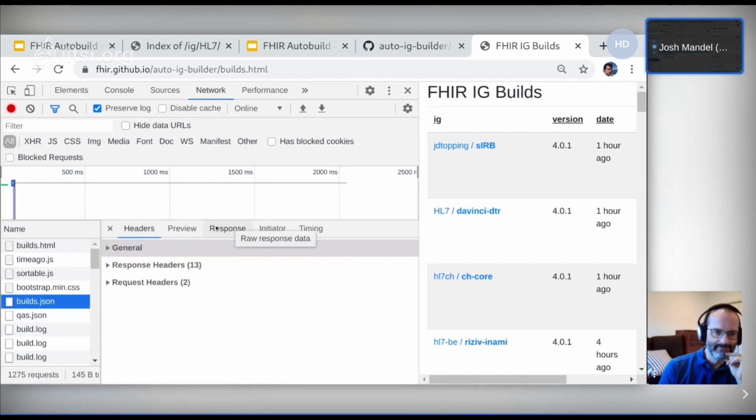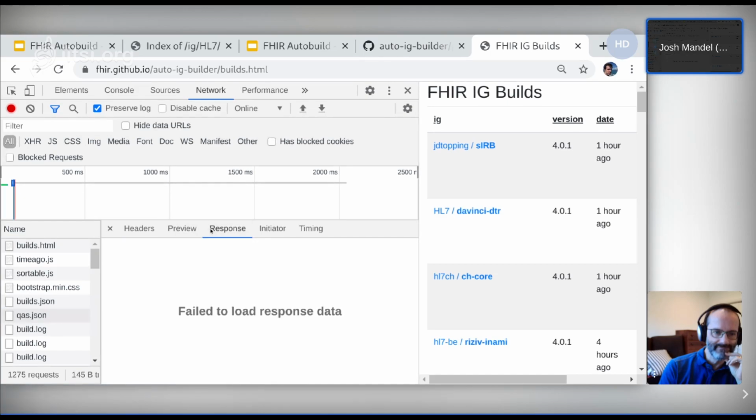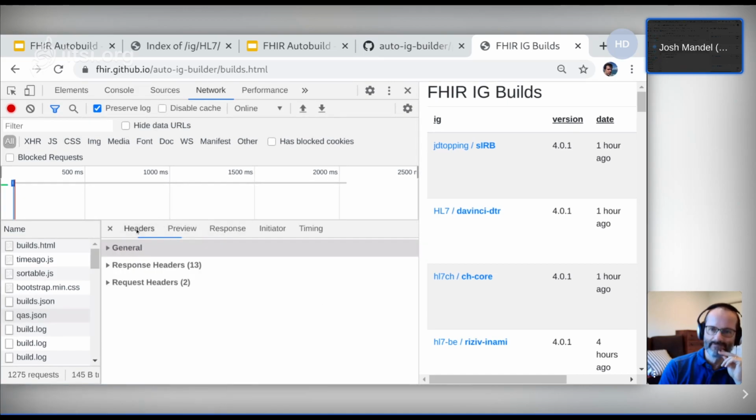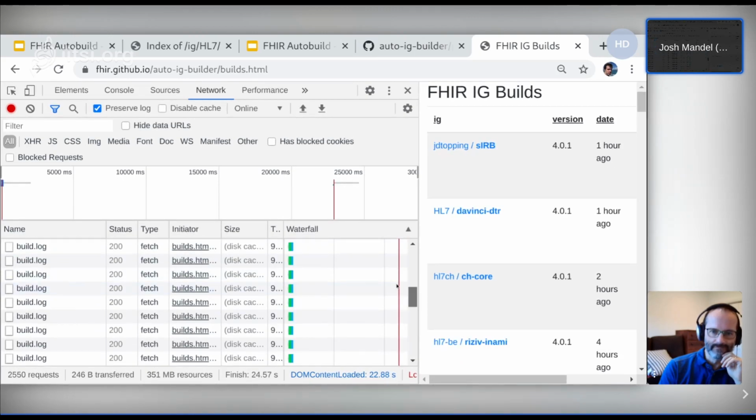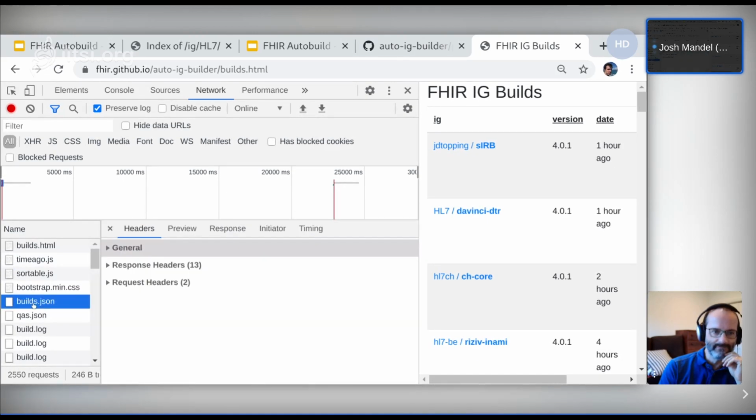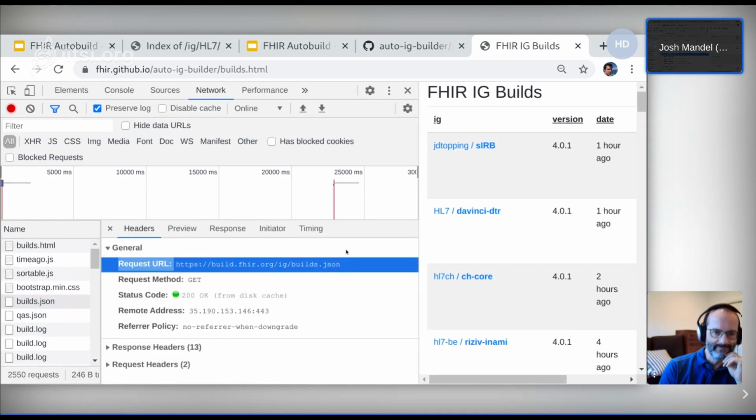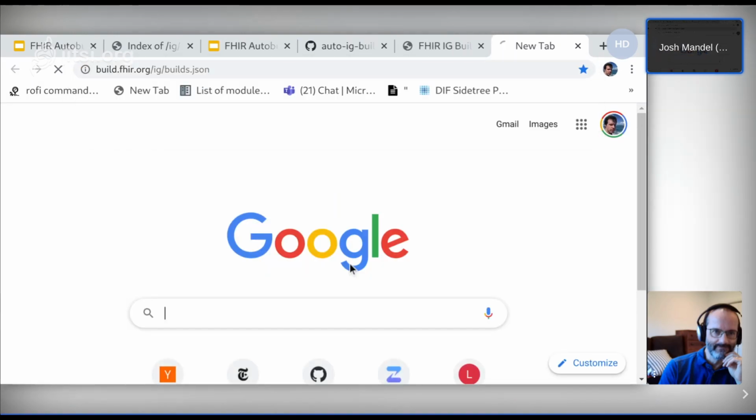I don't know why it doesn't want to show these to me inline. Failed to load response data. Let me reload it after I've got this open. Anyway, not a big deal, but I can just open it in a new tab, and you can see this